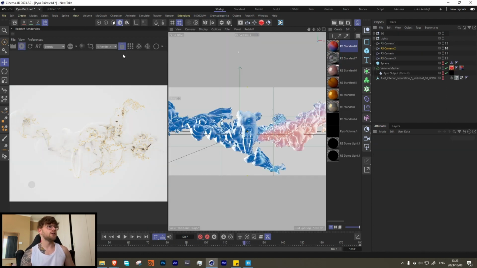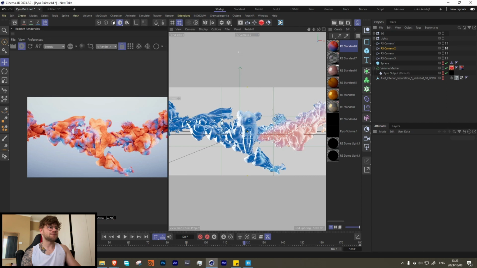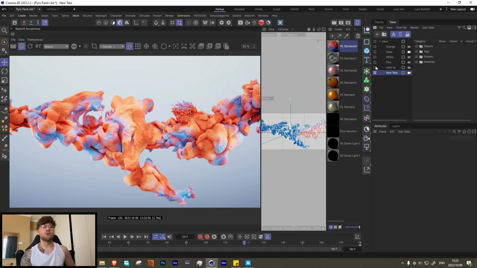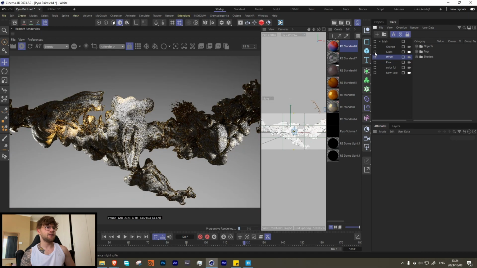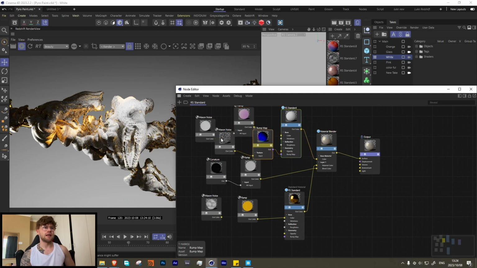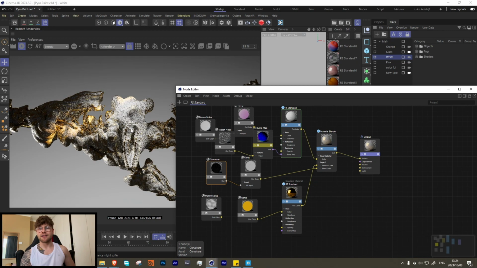In the project file, I showed it earlier, but I'll show it again since I think it's cool. We've got another one in here, and all of these are procedural, which I thought was really cool. Just creating these really cool different looks just by messing around with different materials. So this over here is kind of what I just showed you how to make material-wise, and it's kind of what I ended up doing. You can see over here that it's pretty much the exact same setup of a bump going into our material, and then I've got this gold plugged in over here, and again I've just got my curvature node that's only looking at all of the curves, and it works nicely with this because